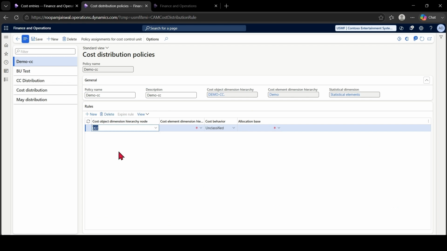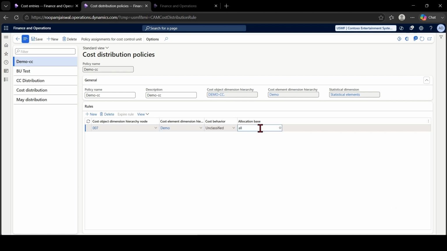So the source is 007, and this is the cost element dimension hierarchy. This is a hierarchy of the cost object, and this is a hierarchy of the cost element. So I say that whatever cost belongs to the 007 cost center, in all the accounts, should be allocated, and I provide an FTE.